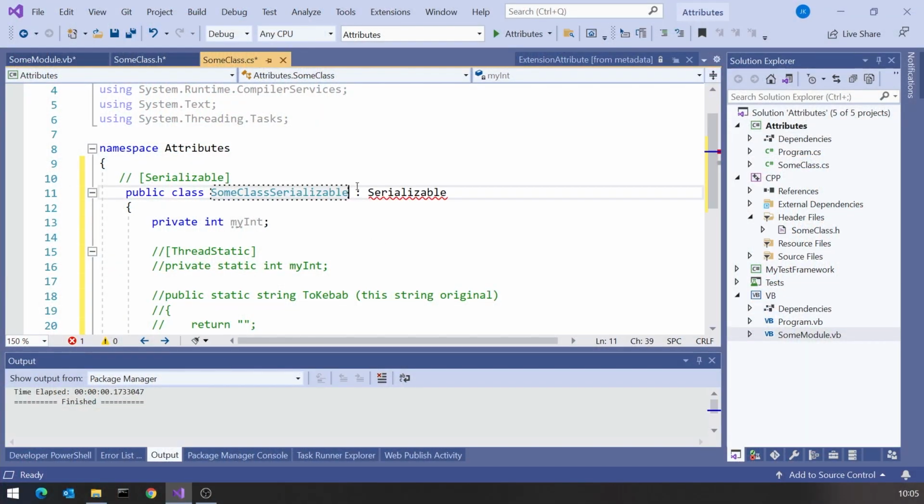Another way that you might have done this, and some really old languages do this, is purely by a naming convention. So you could simply say, well, if we have a class that ends in the word serializable, then that is the way we indicate that we're intending this to be serializable. And you could make that work, but again, it becomes very messy because then your class names get longer and longer. What if you've got multiple attributes? You just get a huge name. So that's why the approach of using attributes is a better way to go.